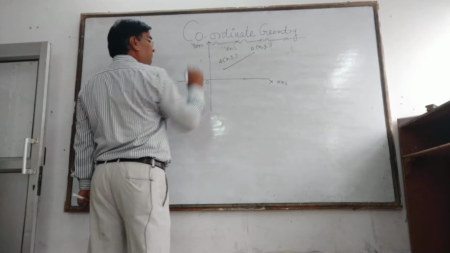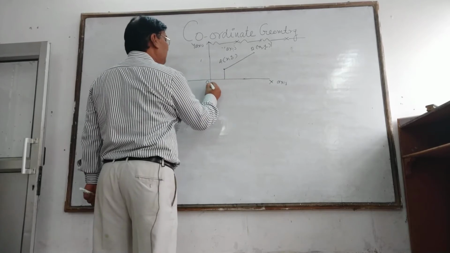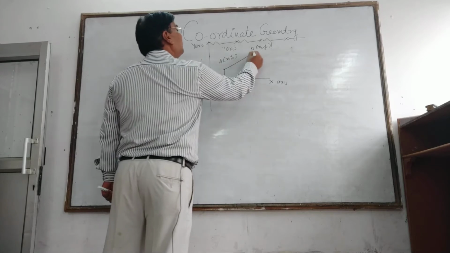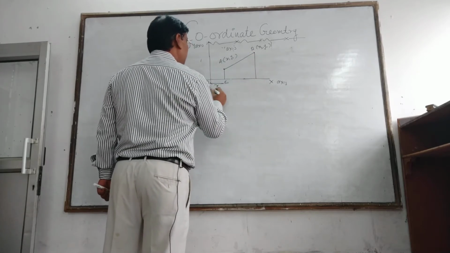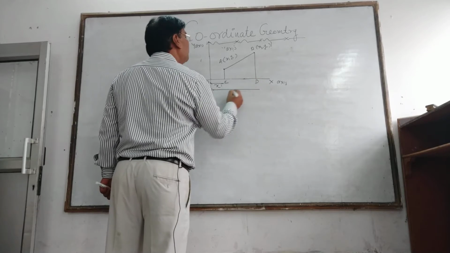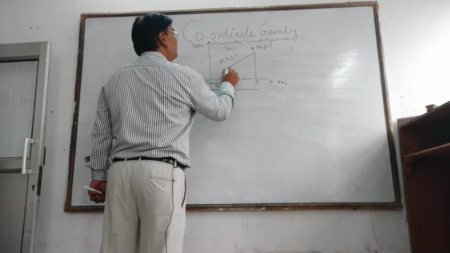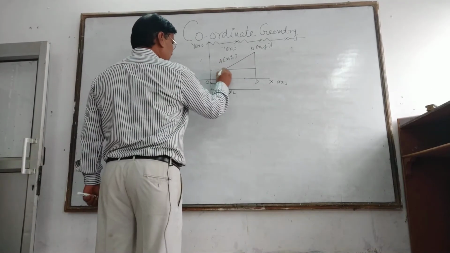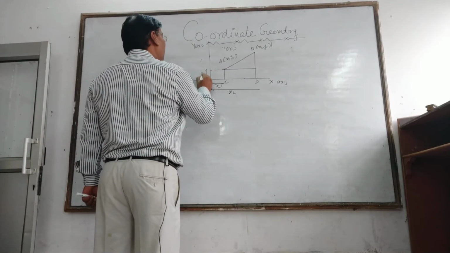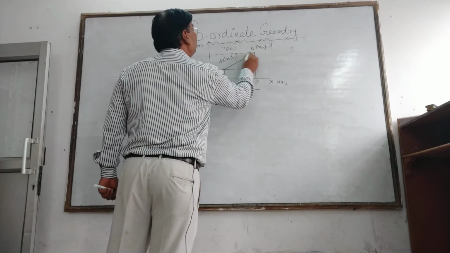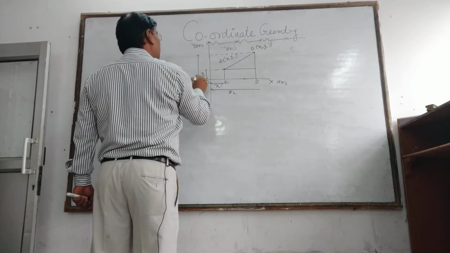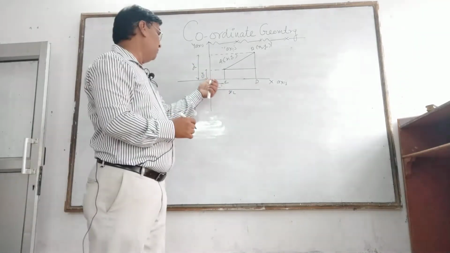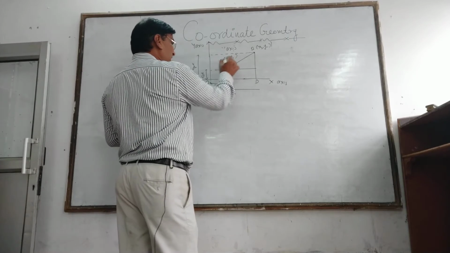Y-axis. Look here, you can find this one. O, that is OC, that is x1. You can find OD, x2. Now look here, you can find a position. This mark is y1, and this mark is y2. You know very well, you always measure the distance from the origin, and here x1, y1 is the coordinate.